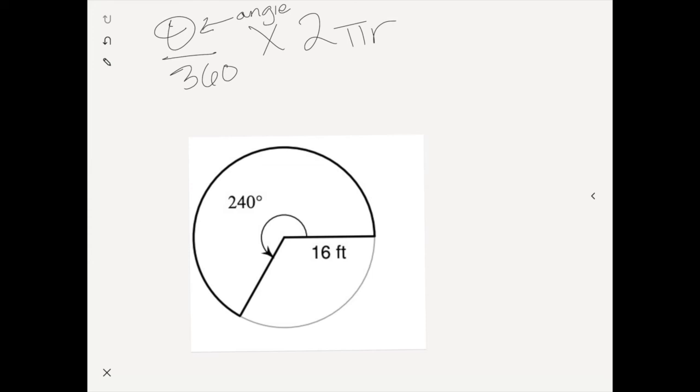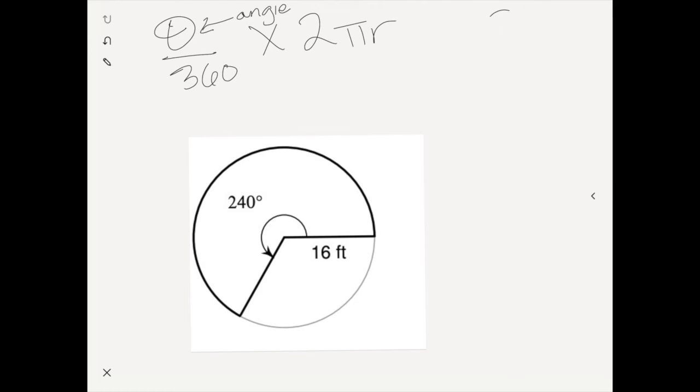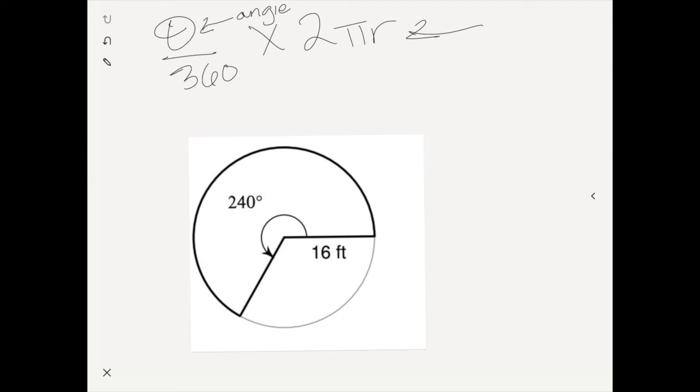If theta were measured in radians, you'd actually use theta times the radius. But in these examples, theta is measured in degrees. So this is the formula that we're going to be using. Arc length, we'll just call it AL, is equal to theta over 360 times 2 pi